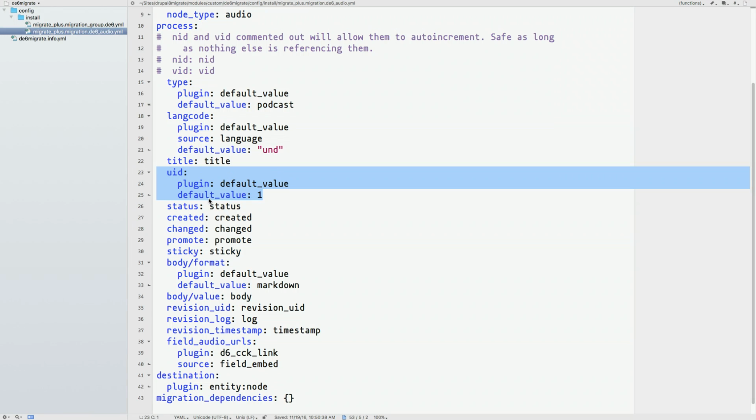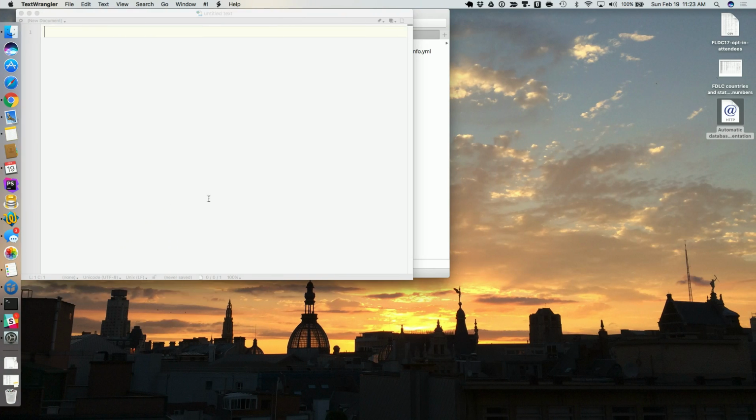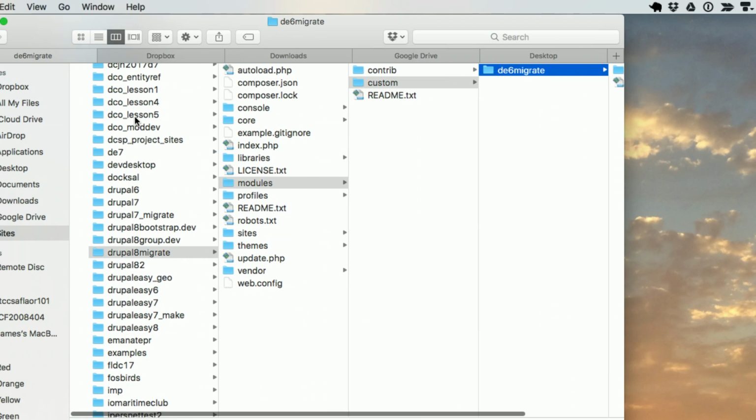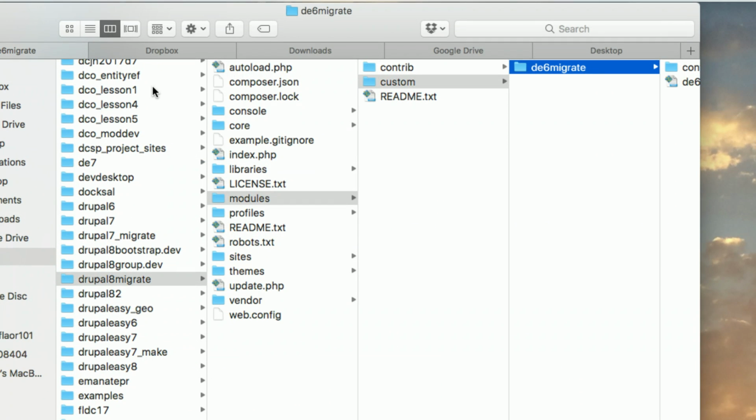How do we start with this? Because this is one of those missing pieces: do I start at the top and start typing? How do I know what to type? If you know you need to do a node migration, all the stuff's already in core. So you can go to core, modules,